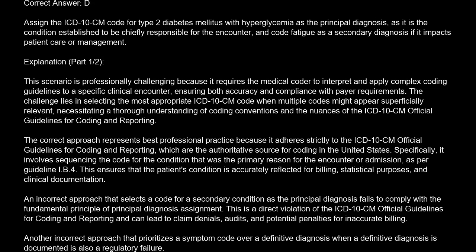The correct answer is D. Assign the ICD-10-CM code for type 2 diabetes mellitus with hyperglycemia as the principal diagnosis, as it is the condition established to be chiefly responsible for the encounter, and code fatigue as a secondary diagnosis if it impacts patient care or management. Explanation. This scenario is professionally challenging because it requires the medical coder to interpret and apply complex coding